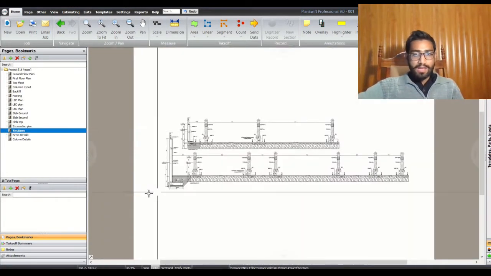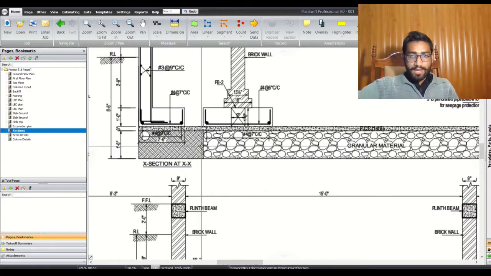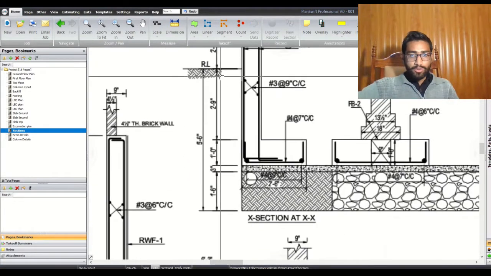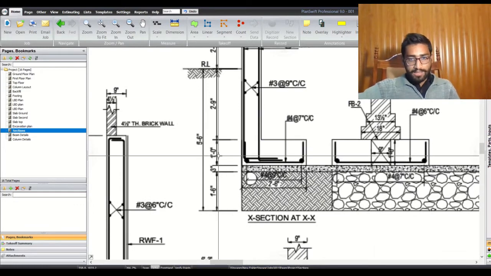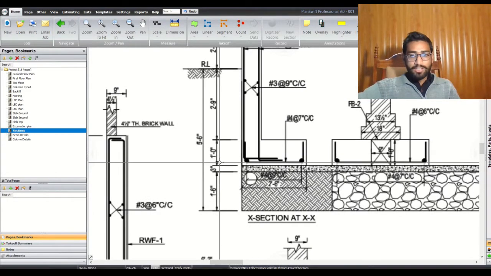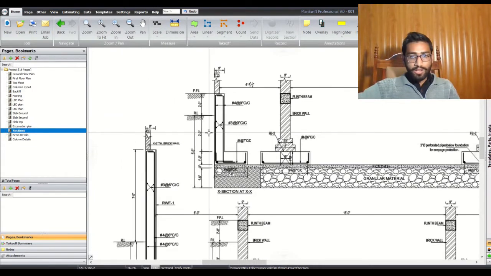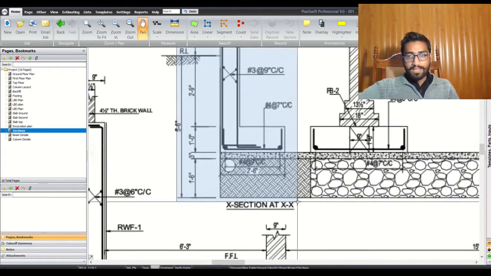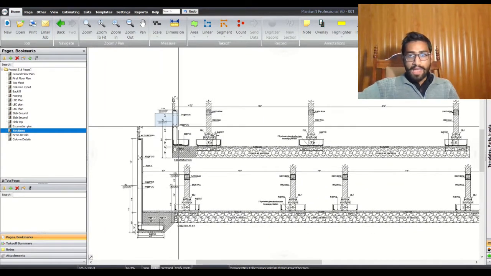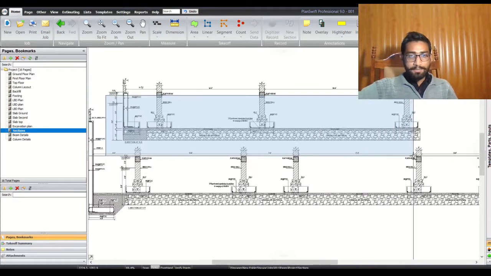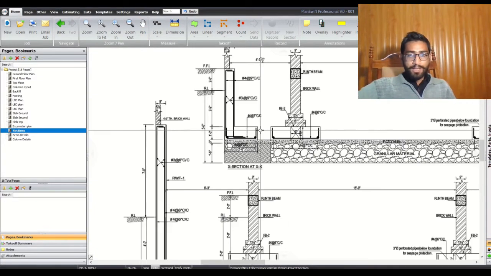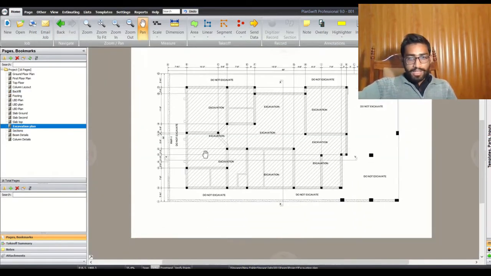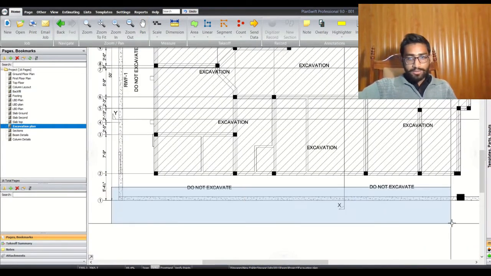So if I go to the section details, yes, here we can see that this is section X. In XX we are given the reduced level, that is the original level, and from this level we need to come down a level of 5 foot and 6 inches, from the reduced level to the bottom of the footing. By the bottom of the footing I mean the bottom of the gravel which we will put after our excavation. So if I go back to the excavation plan, we will see that on this side.